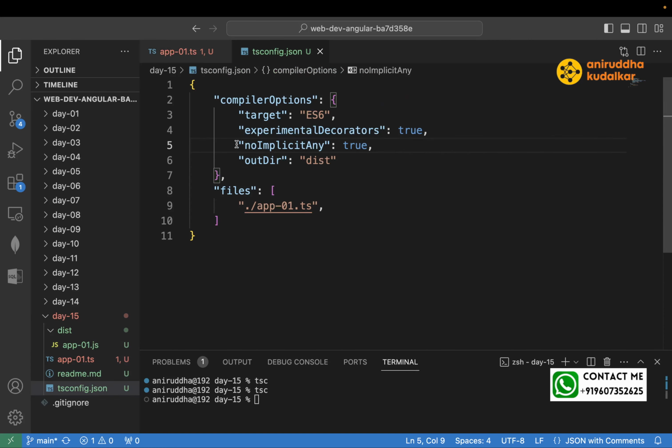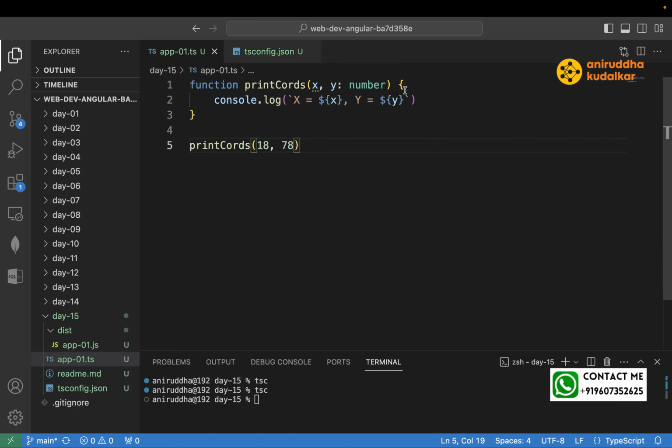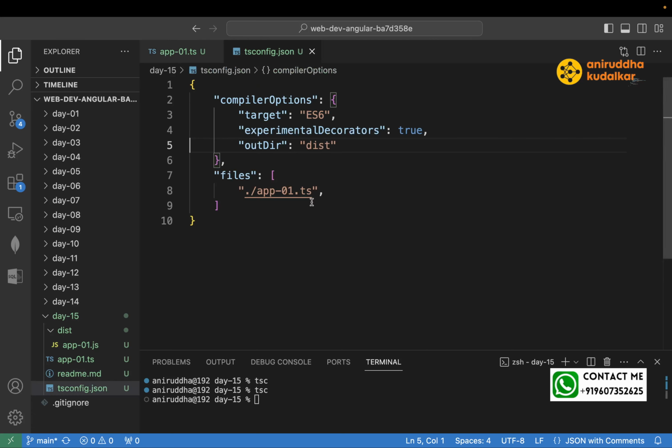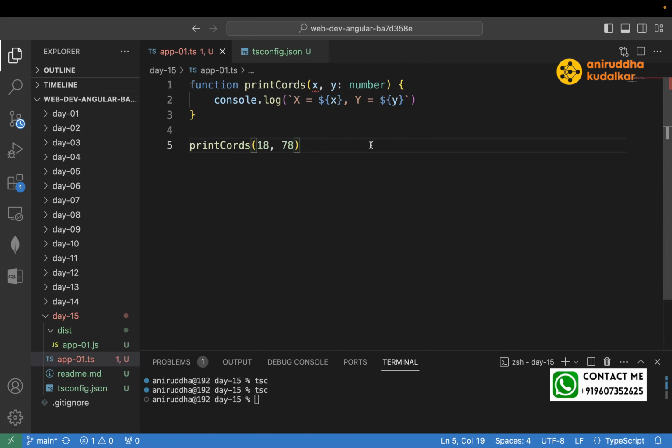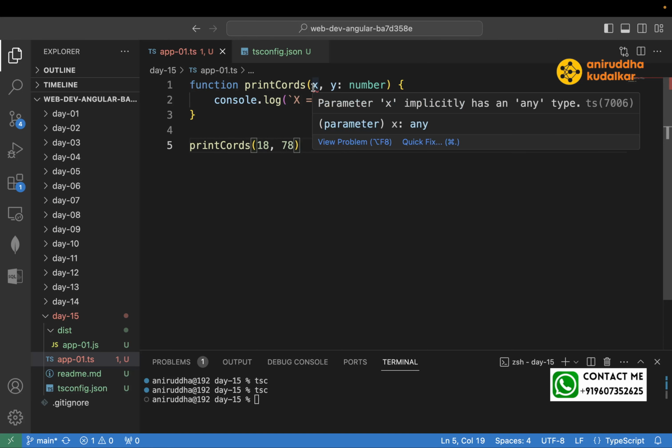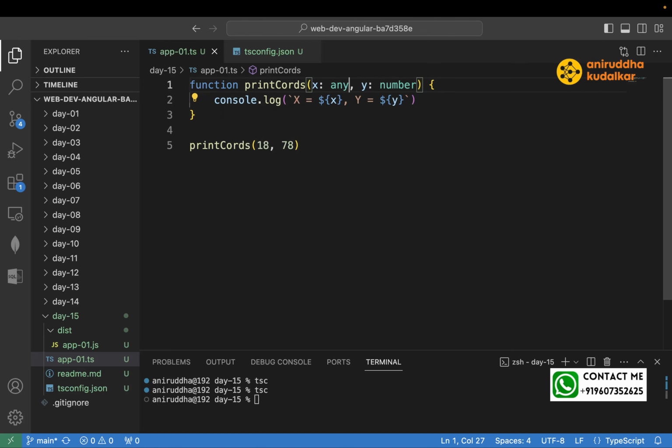Now let's delete this thing from here. Now see, error has been removed. I'm checking. I have added no implicit any true, and now it is giving you any error. Now if you write any implicit any,